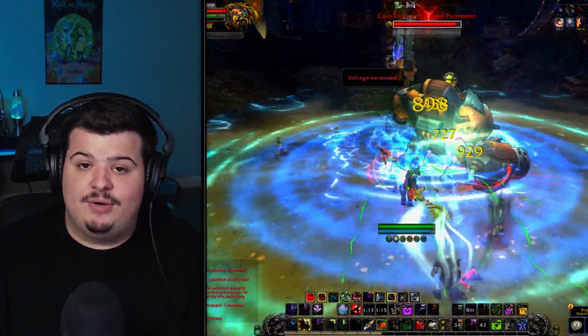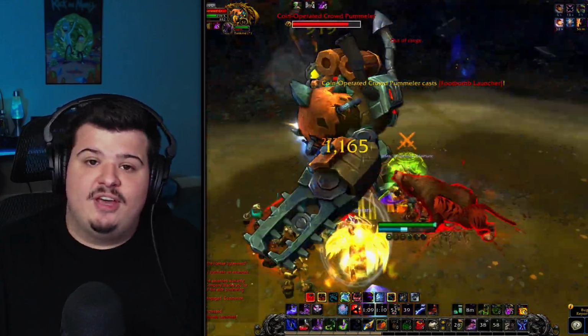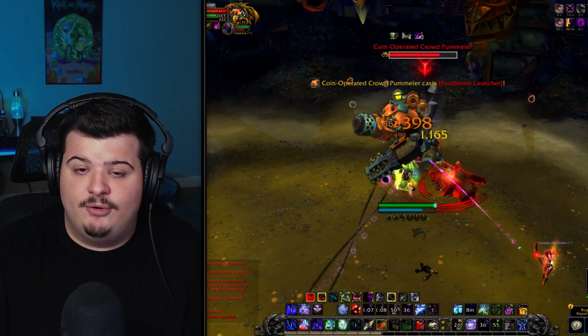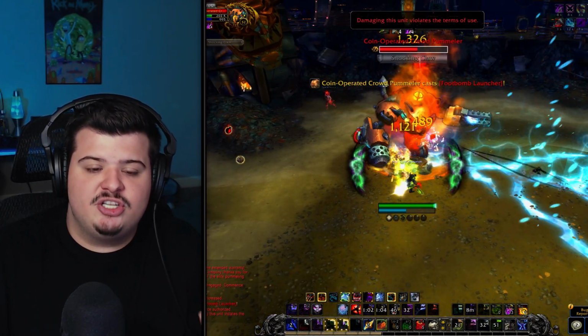And that's because, well, it does that huge bit of damage up front, and you no longer have to set up your Apocalypse with Festering Strike anymore, which allows you to go straight into the burst, and it makes the experience much smoother. Finally, we have Army of the Damned, which actually does the same amount of burst damage as